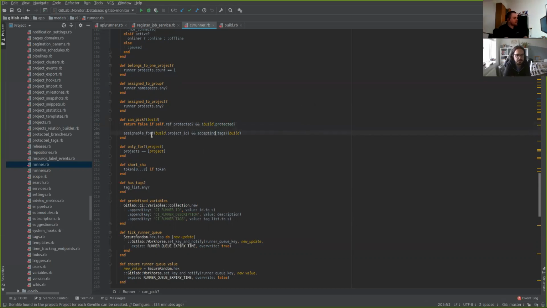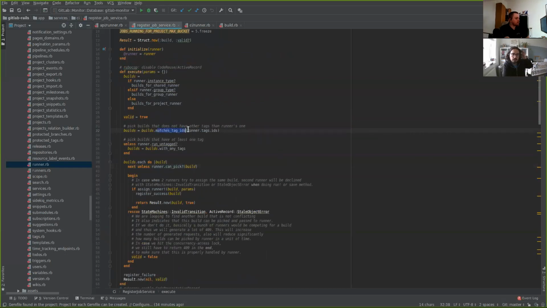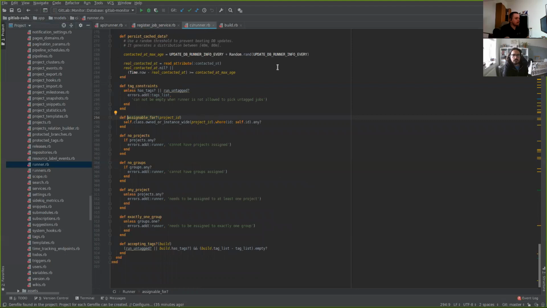Accepting tags and the "as enable for" check are again checking if the tags requirement is met, because here we will remove jobs that have no tags matching the runner, but this still leaves us with a not quite sure situation if the job is ideally matched to the runner tags. So the "as enable for" will check this, and